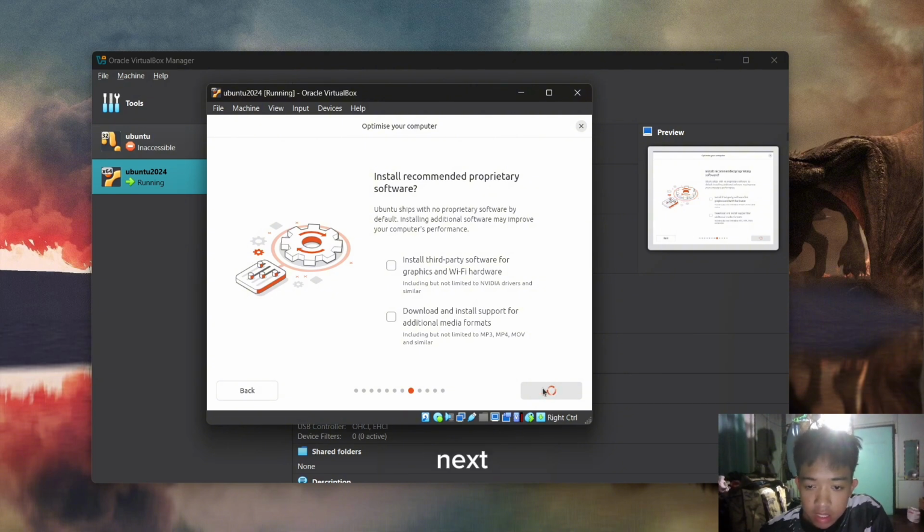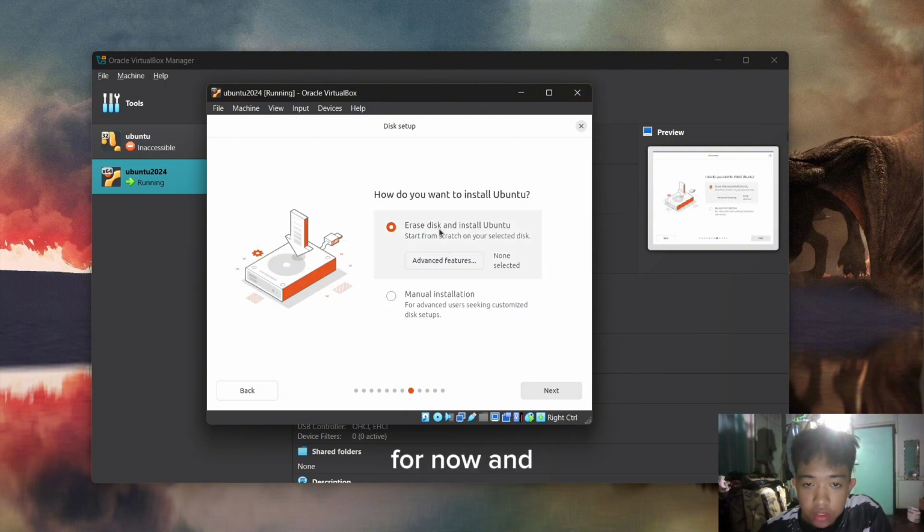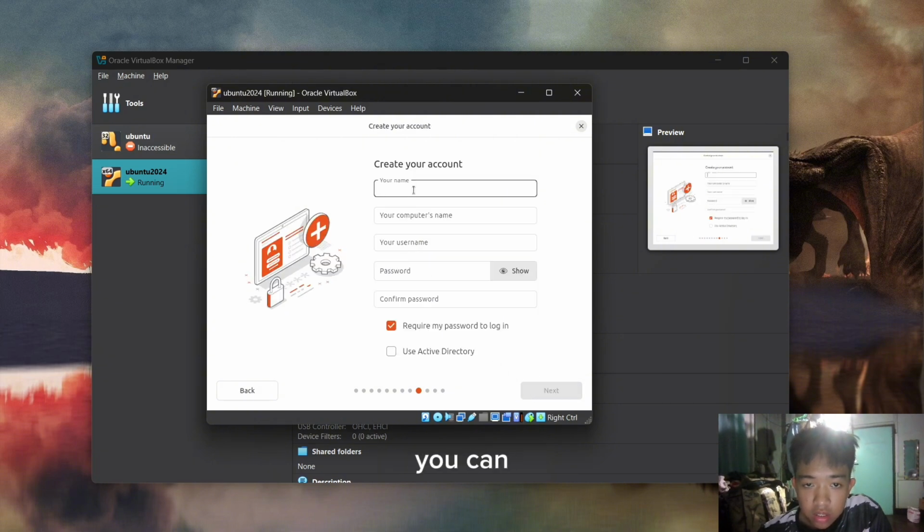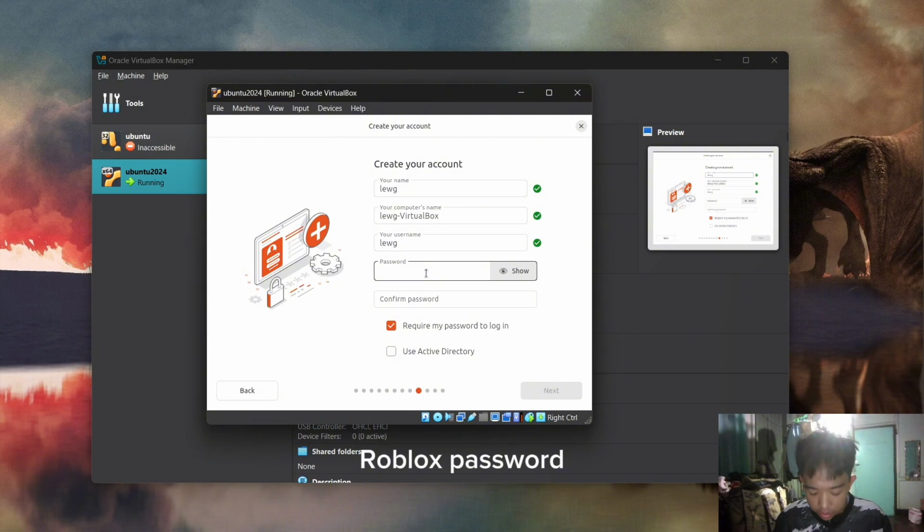Just click next. We're gonna use all default settings for now. And in this part, make sure to click the erase disk and install Ubuntu. Then just next, and then you can create your own account. In my case, I'm gonna log VirtualBox password. It's up to you.